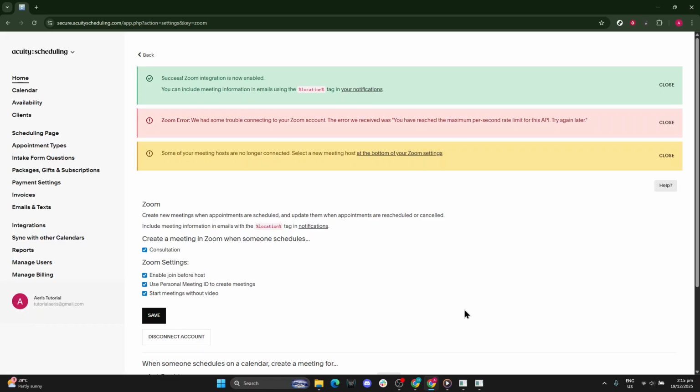That's the complete setup. Go to Integrations, find Zoom, select Setup, Connect, Allow Access, wait for it to load,